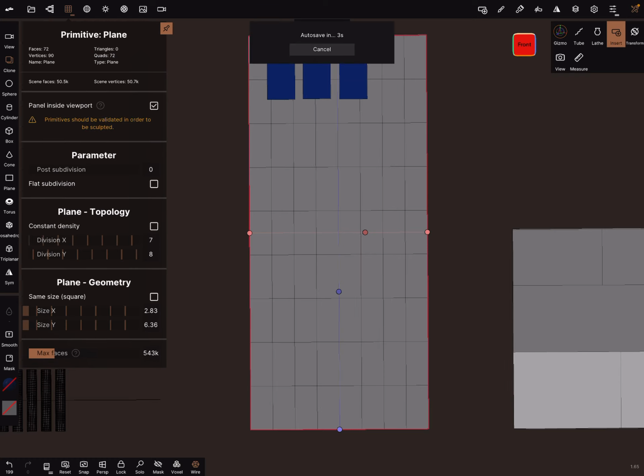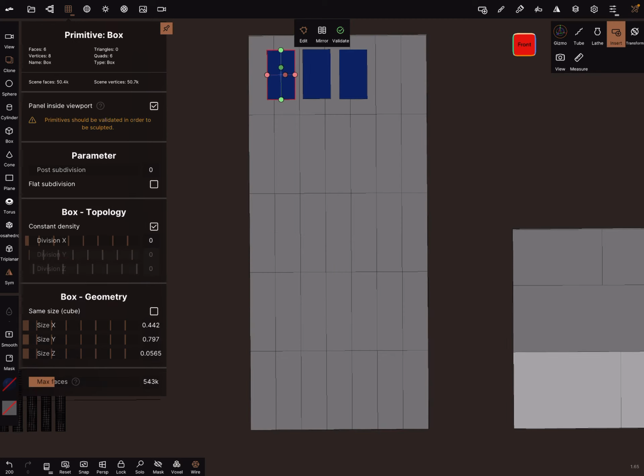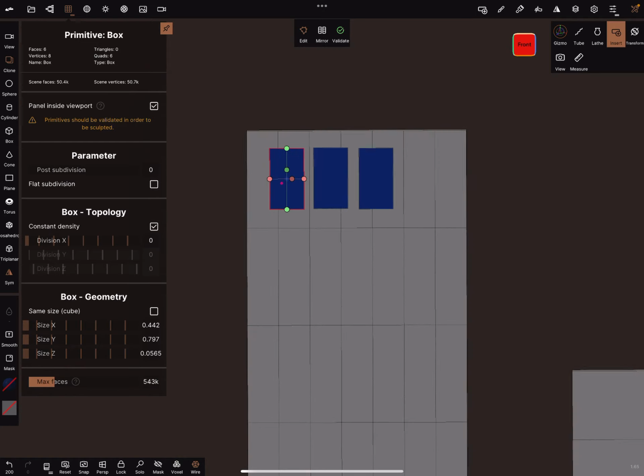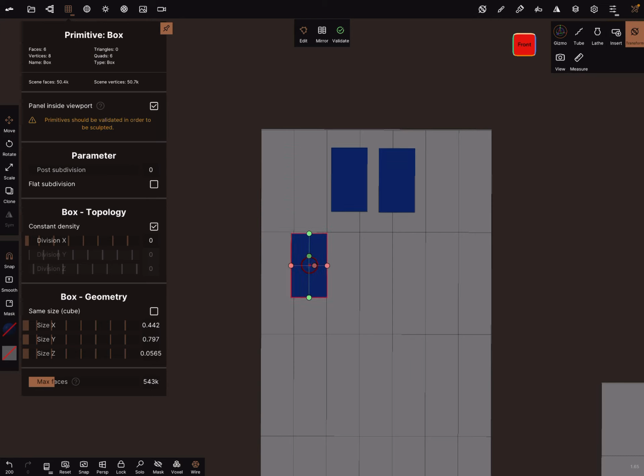Now you can create a grid on the surface, and when we want to place the windows, we can use the transform tool and bring the objects in position, and now we can scale it to fit in the grid.